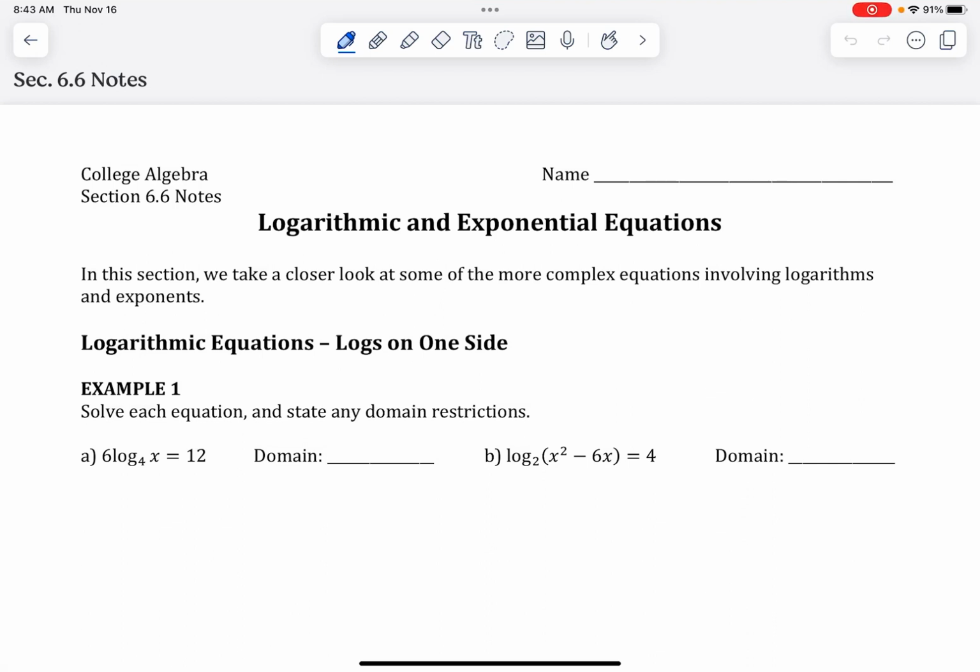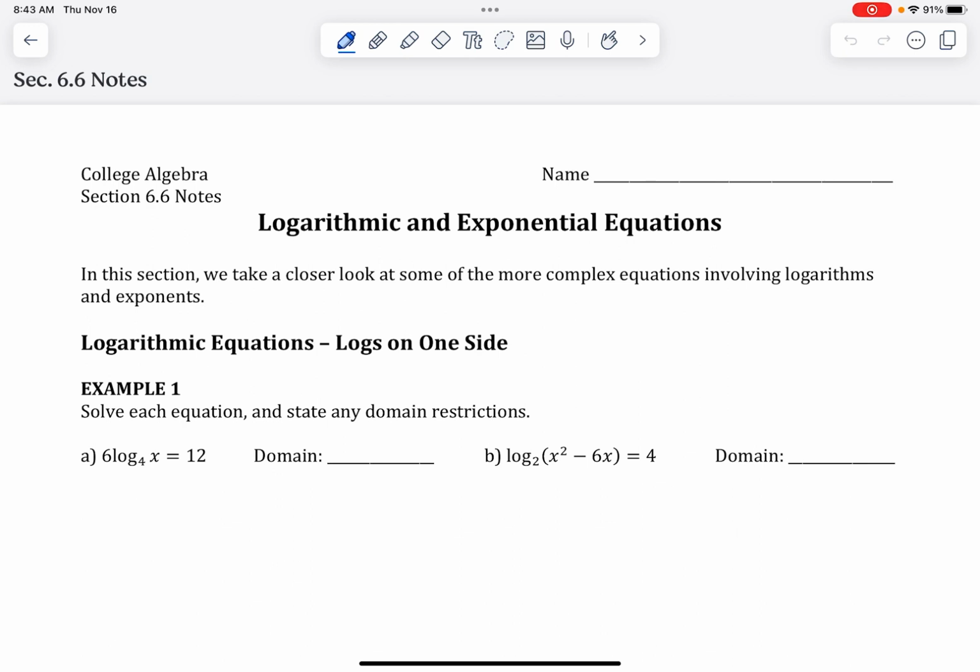Okay, so in this section, we're not learning anything new, which is nice. We're just taking the concepts that we've learned with the properties of logs and, to a certain extent, the properties of exponents and solving, I guess, more complex equations. So far, we've done some equations where everything works out to be nice integers or simple fractions. Here, they're not going to be as nice, and there'll be an element of a domain restriction that throws another